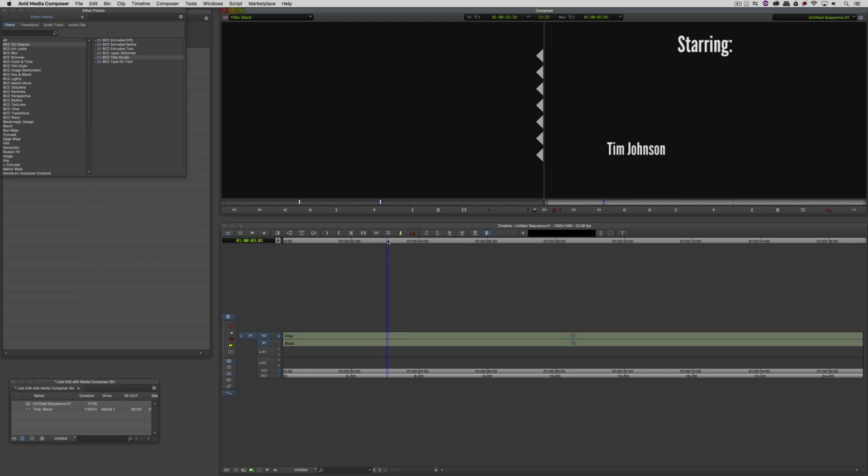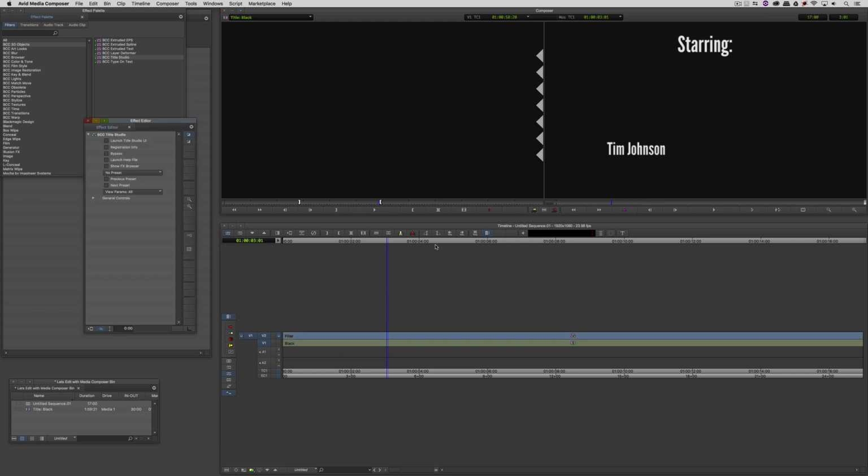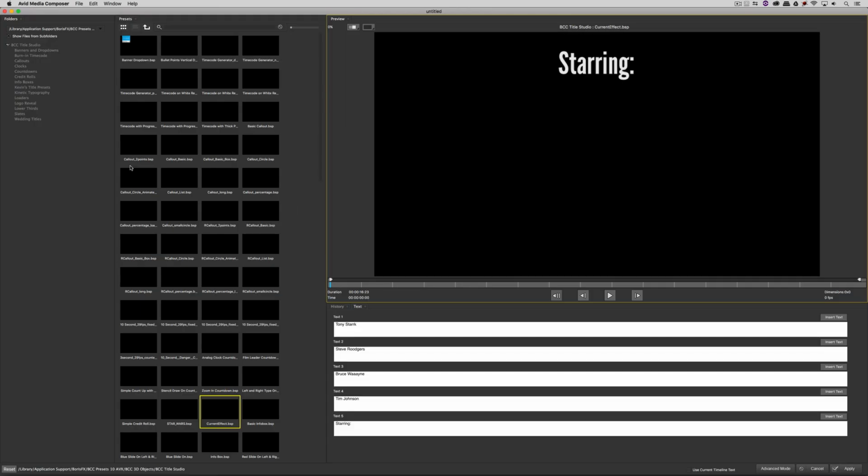I wish there was a much easier way to do this. Well, there is. Now, whether I do this as a template or on the actual title, the technique works the same. So what I'm going to do to change this name is, instead of going back into the Title Studio user interface, step back into effects mode and head into the FX browser. Now you'll notice that I'm parked on this title right now, the title that I was